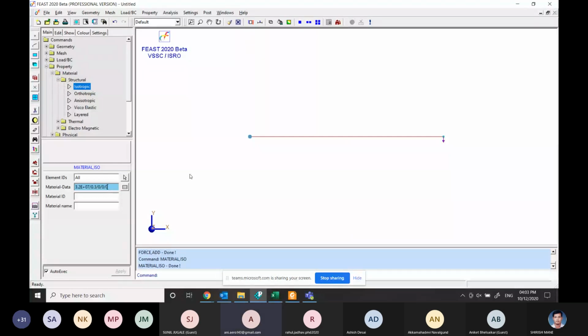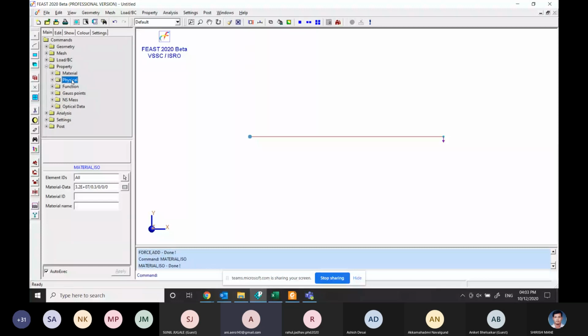Whatever problem we solved on the first day for a cantilever beam, the same thing we are currently following. But the only thing is that on the first day we solved the static analysis. Now it's our turn to solve the static as well as pre-vibration as well as transient response. So we'll see how to perform the analysis.